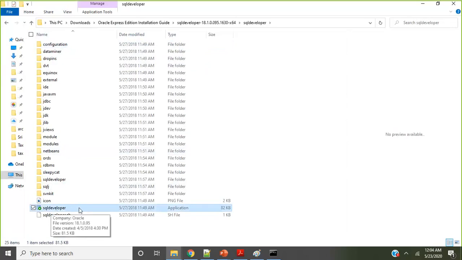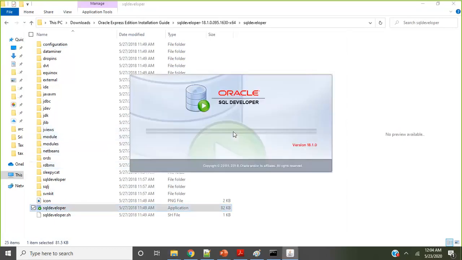Now what to do next? Now you have to click on enter, and let's see what is happening. Something is opening. Yep, this is the Oracle SQL developer. What exactly is this tool? This is called a SQL editor, which is again free from the Oracle company, and it helps you to connect to the Oracle database where you can write the SQL queries and all.